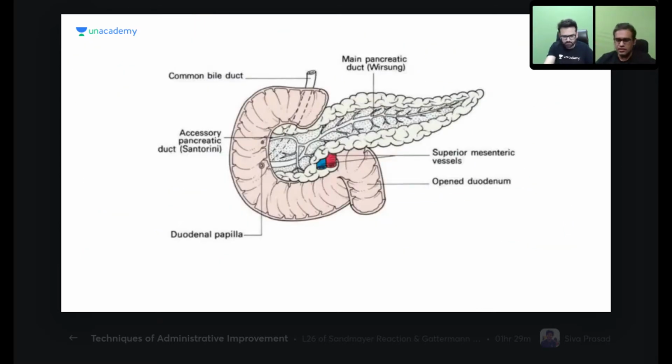So we have seen the embryology. We have seen a little bit of general external features, 15 centimeter, head, neck, body, tail, and a little bit of histology, islets of Langerhans, around 1 to 2 million, 3,000 cells in each islet of Langerhans. That is fine. Now we move to the ductal system. Here we are seeing a normal ductal system. Now what we are seeing from here, 98% is exocrine.